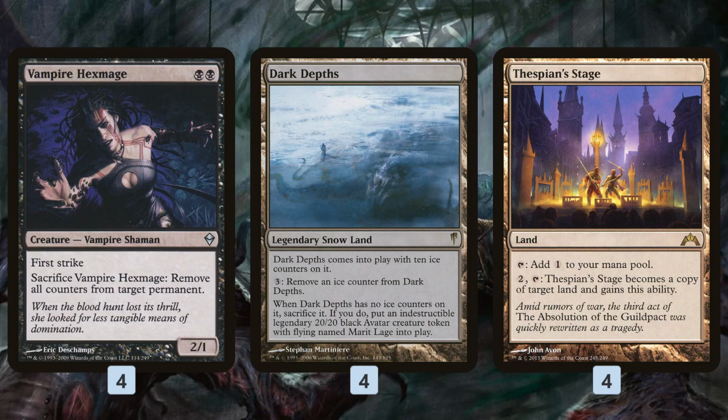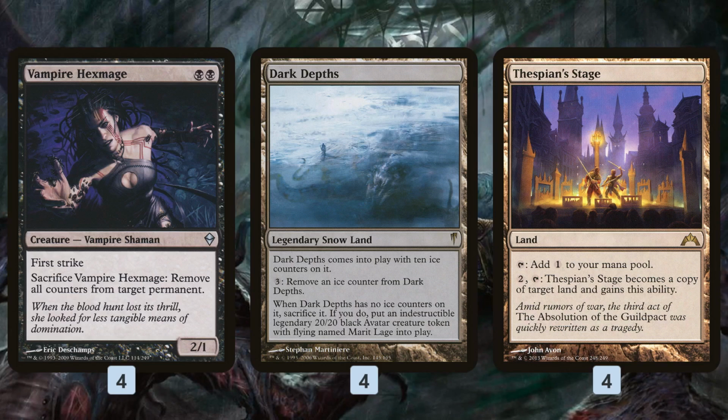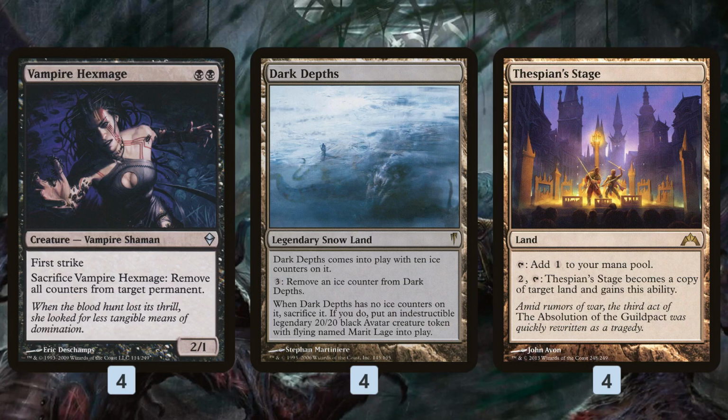If we do that targeting our own Dark Depths, it removes all the counters, and we get a 20/20 flying indestructible Marit Lage. So in theory, we can do this as early as turn 2 in our deck, or even turn 1 if we get the nut draw. And a turn 1 Marit Lage is going to close out most games in Legacy super quick,